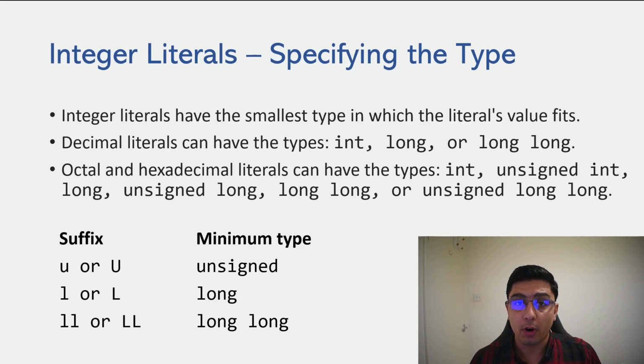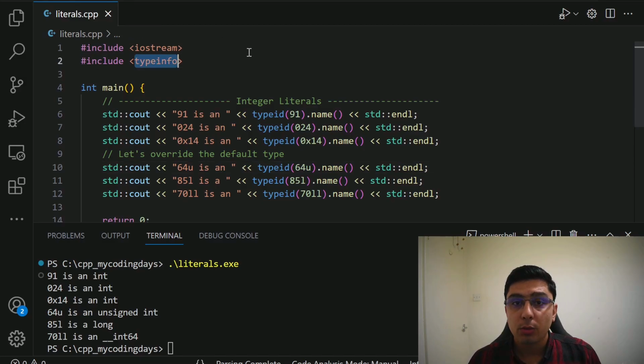We can override the default type of an integer literal by using the following suffixes: lowercase or uppercase u for unsigned int, lowercase or uppercase l for long, and lowercase or uppercase ll for long long. Let's have a look at integer literals in code. Thanks to the typeinfo library, we can check the type of any literal using the name method of the typeid